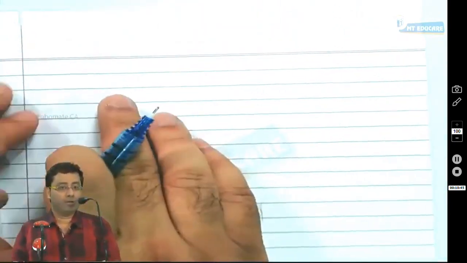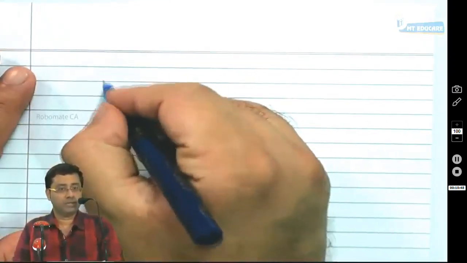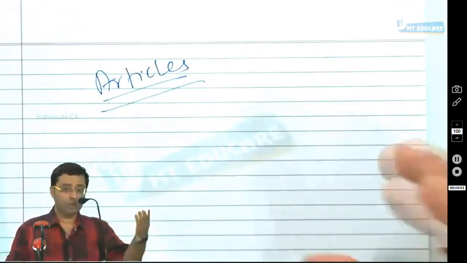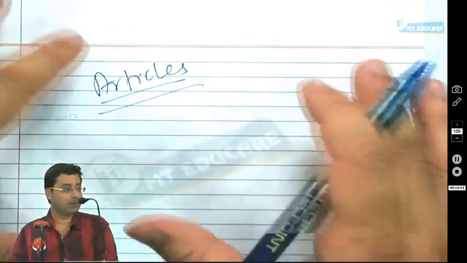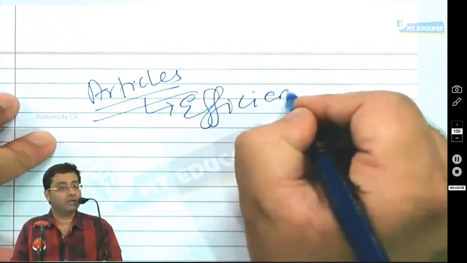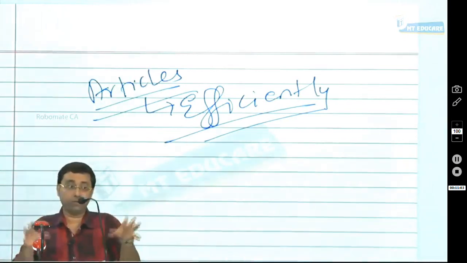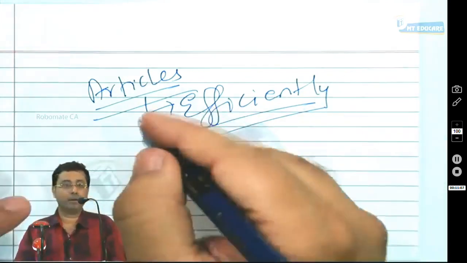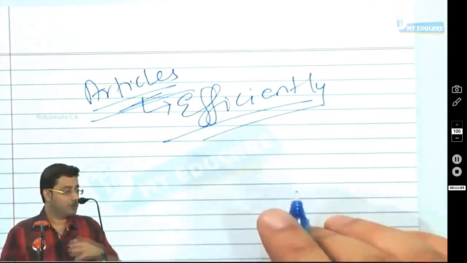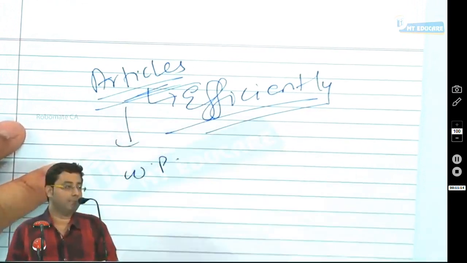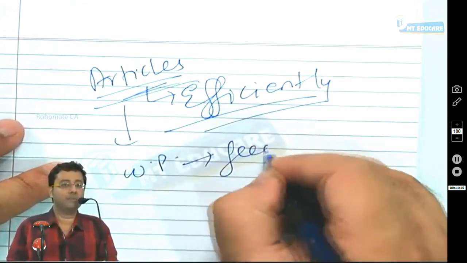Let me tell you one more point here. When you're making your working papers, after all you will become a CA and you will also have some articles working with you. If you're a practicing chartered accountant, you will hire some articles. That time, how efficiently is the article working? Your principal would have come and seen your working papers if he is interested. First of all, the principal should be interested. If he is, he will definitely come and see how my articles are working. So the efficiency of the article can also be known from the working papers that he prepares, so that the principal can give him some feedback.